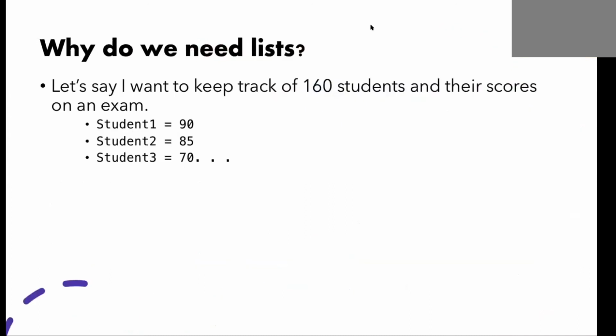So why do we need lists? Why are lists so helpful for us? Let me just give an example. Let's say I want to keep track of 160 students and their scores on an exam, and I want to do this in a computer program. If I were to write student 1 equals 90, meaning student 1 has a score of 90, student 2 is equal to 85, student 3 is equal to 70, and I have to type this out 160 times, for each student, all the way to the point where I get to